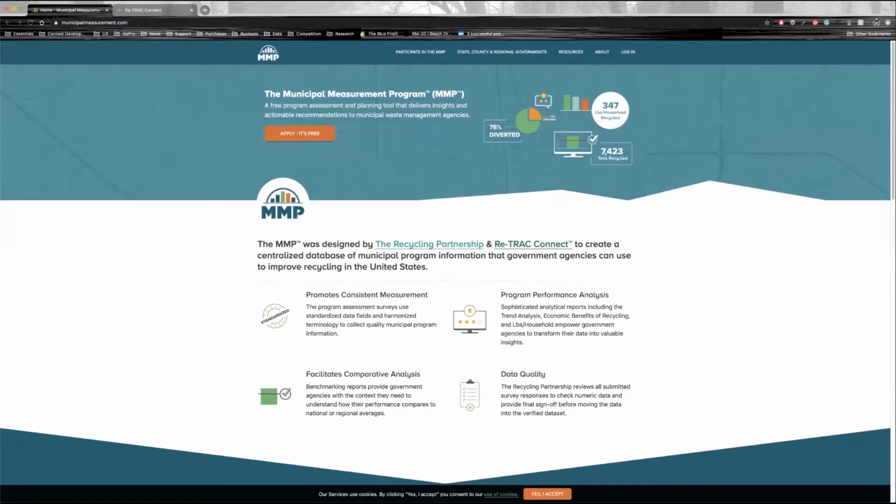Let's begin by reiterating what the MMP is and why it exists. The Municipal Measurement Program is a free program assessment and planning tool that provides participating municipal waste management agencies with access to powerful analytical reports designed to measure waste diversion performance and improve programs. The MMP was designed to harmonize the measurement of material management programs and provide municipalities with decision-making tools that can